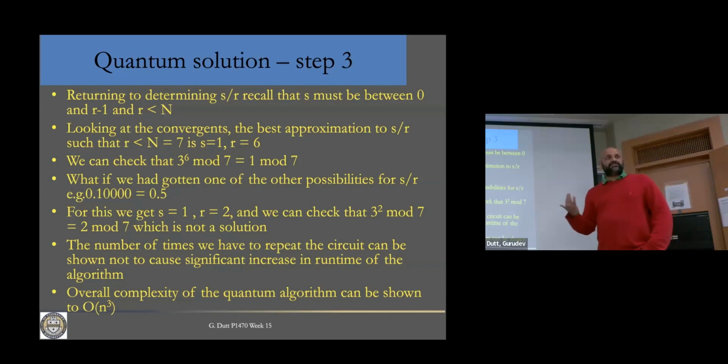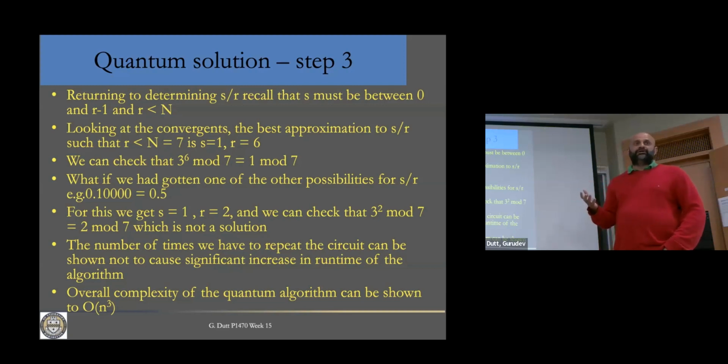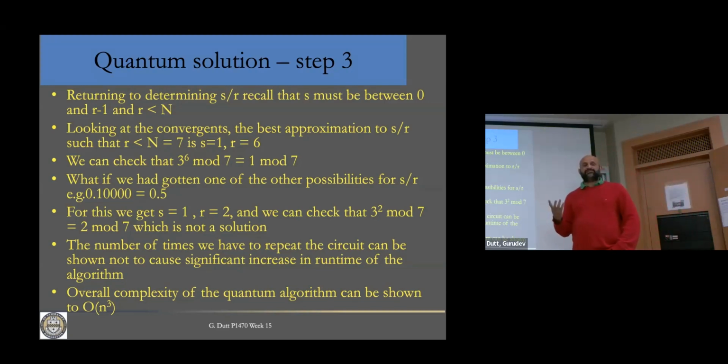And as I said, the reason this problem is maybe a bit more important is that this actually forms a subroutine in the other algorithm that I don't have time to talk to you about, which is Shor's algorithm. And that is the one that factors numbers. That is the subroutine that is at the heart of RSA encryption, which of course, RSA encryption is what we use for a lot of